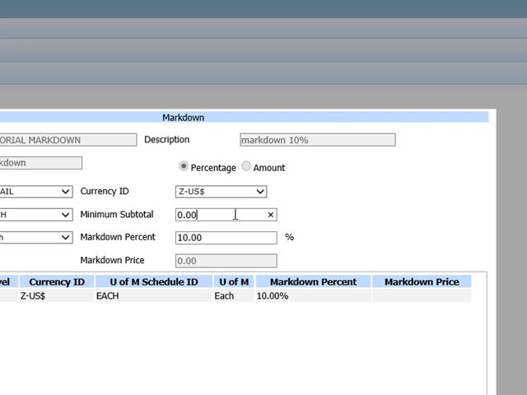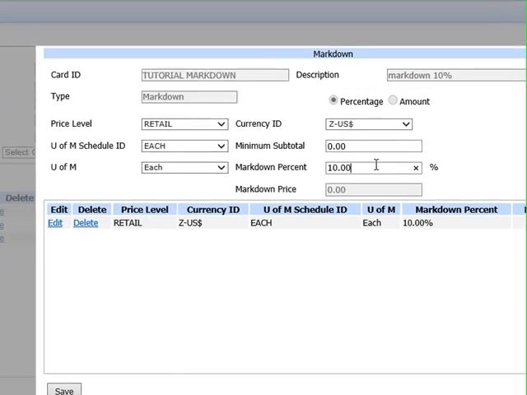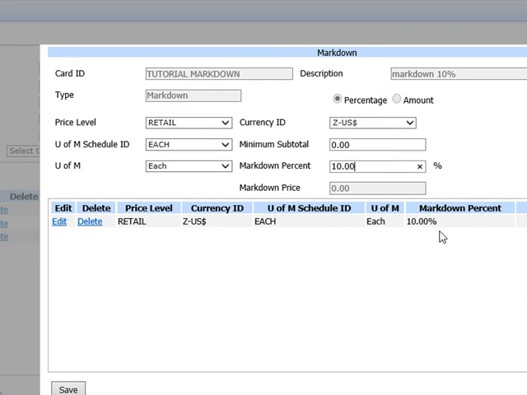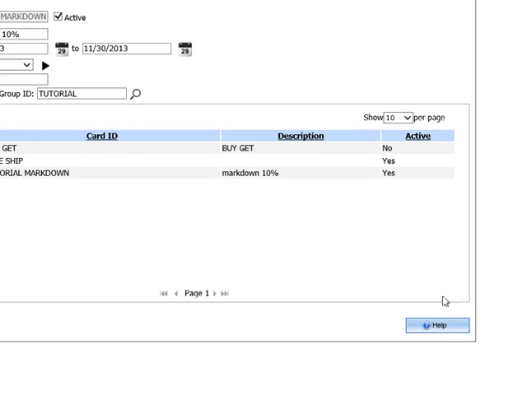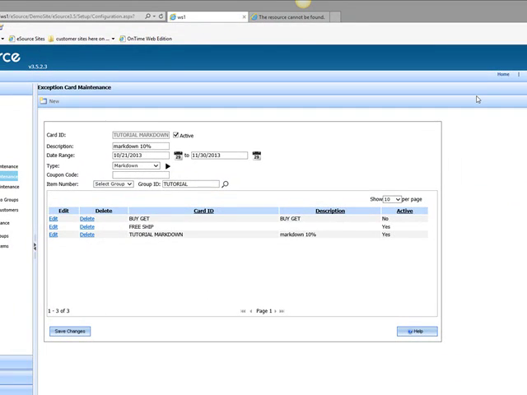I'm not saying that they have to reach a minimum subtotal for the order in order to get this promotion, although that is an option. And I'm going to say it's a markdown of 10%. So here's how the entry gets added. And like I said, you have to have multiple ones for every different unit of measure that you're going to apply. And I say close. So what happens on the site,